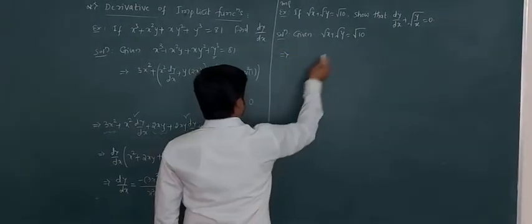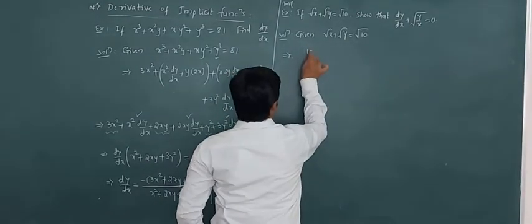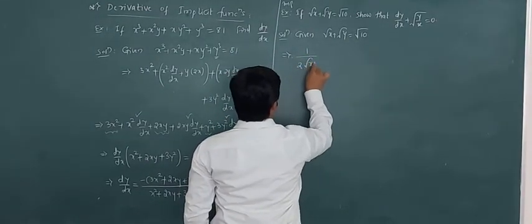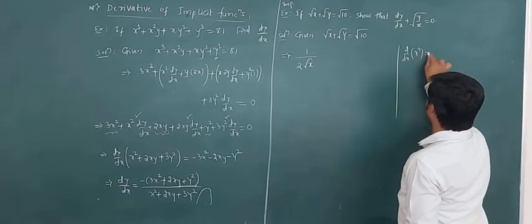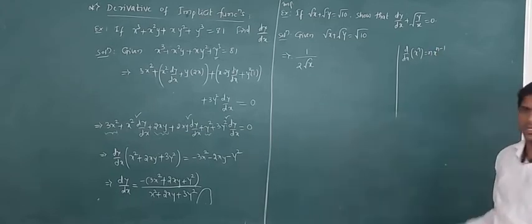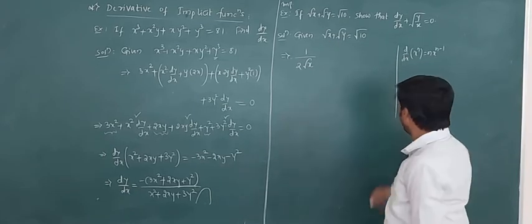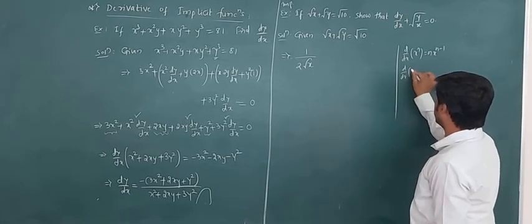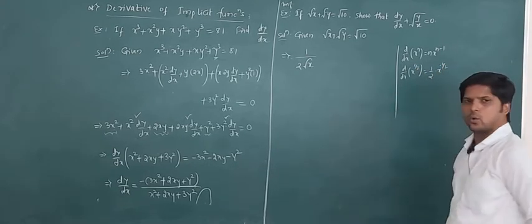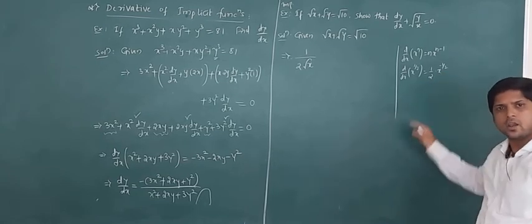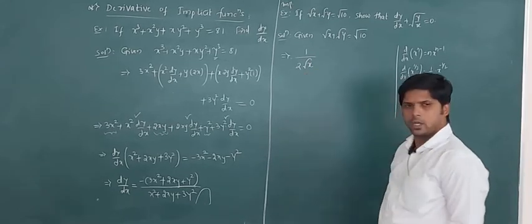And we know that now differentiate this equation with respect to x. We get root x differentiation is 1 upon 2 root x, because by using d by dx of x to the power n is equal to n into x to the power n minus 1 formula. Because here root x can also be written as x to the power 1 by 2. d by dx of x to the power 1 by 2, we get 1 by 2 into x to the power minus 1 by 2. X to the power minus 1 by 2 in the denominator, we get 2 root x. So that is 1 upon 2 root x.